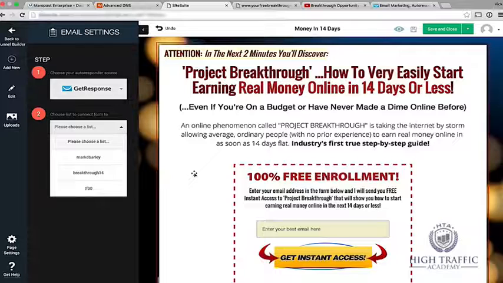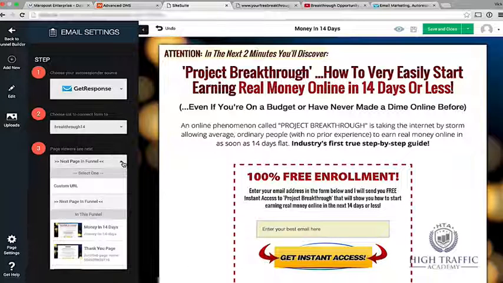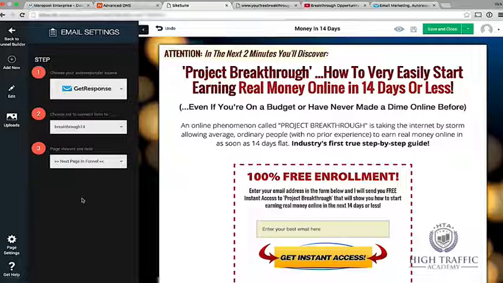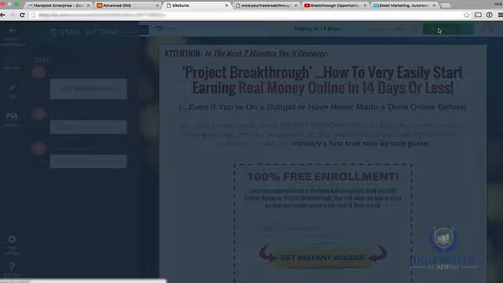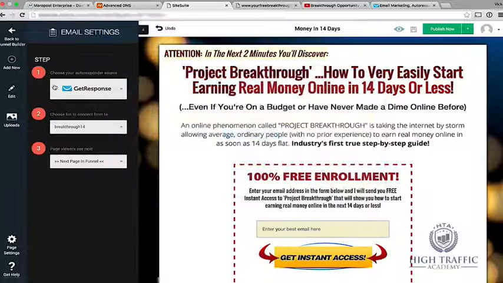With autoresponder. Yeah. So we're just going to select their goal to break through 14. That's the list that we assigned, right? Now, what happens next? Okay, once they add it to the list, next step is we want to take them to the next page in funnel. Okay, next page in funnel, and that's it. And I'm going to simply publish it. Click on publish. Okay, so now when I go back,